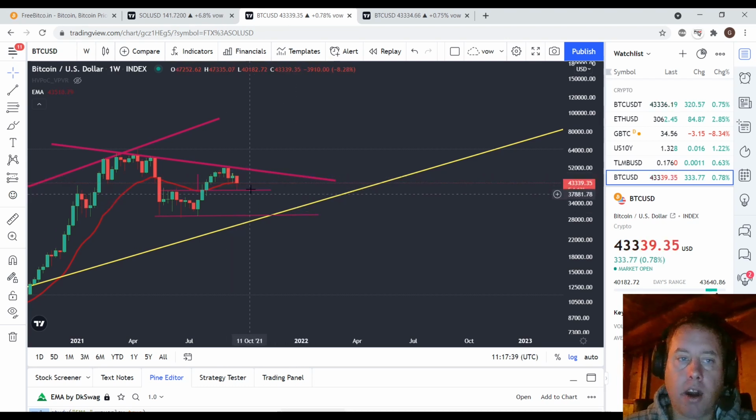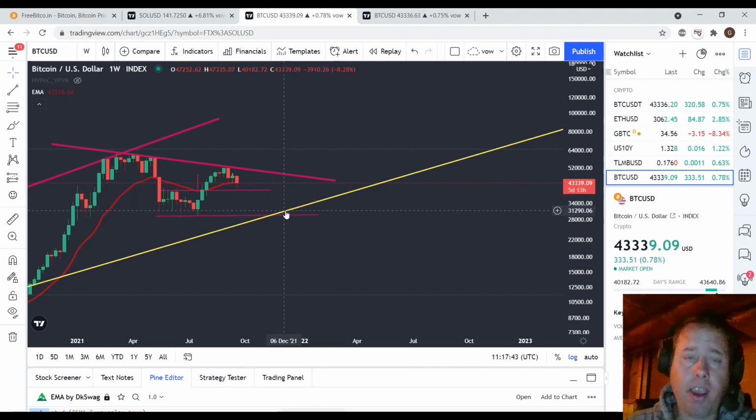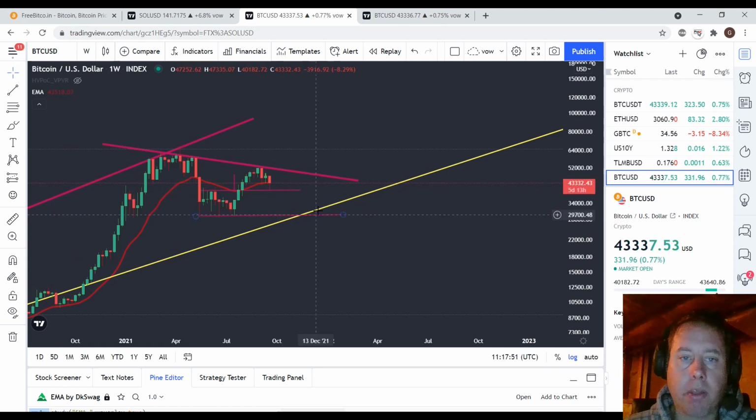So the more we are consolidating here, the closer we get to an opportunity to dump as much as we can into Bitcoin. So we can only hope that we reach this line. You might have some Bitcoin now, it's fun when it goes up, but imagine the opportunity you get if we were to ever reach this line here. You would probably have 300% gains at least if you buy at this line within quite a short time.